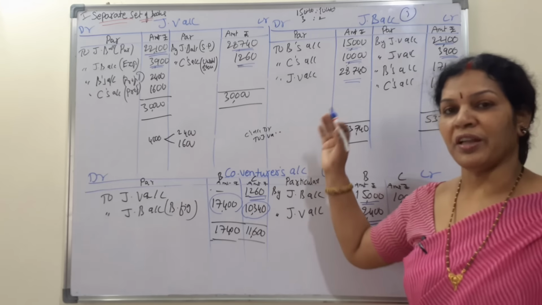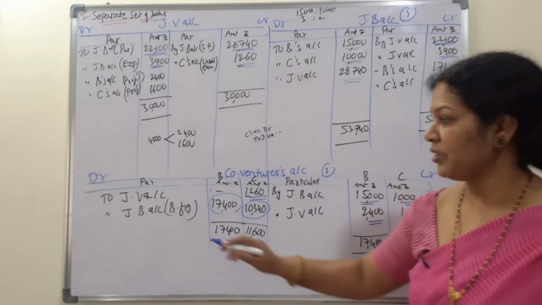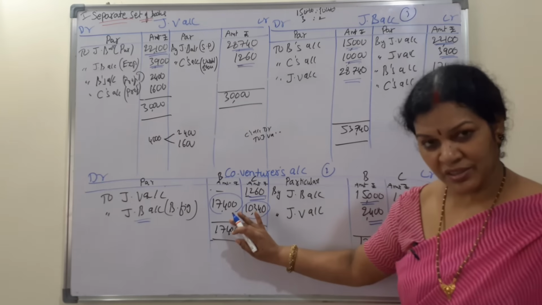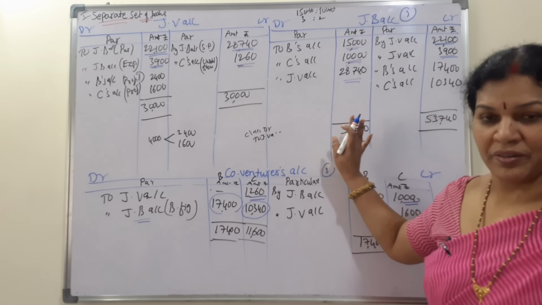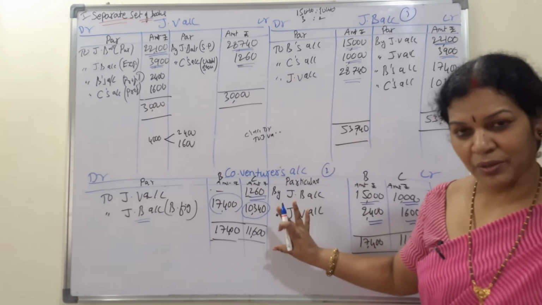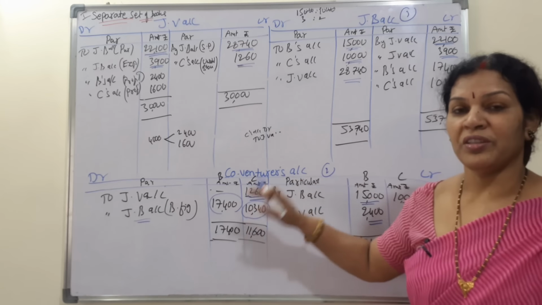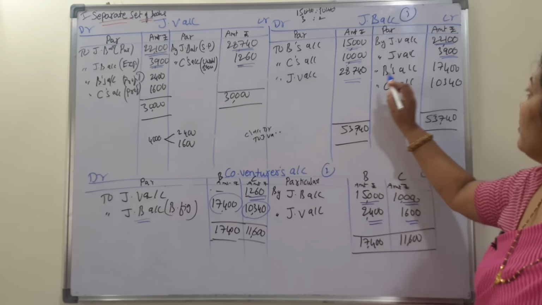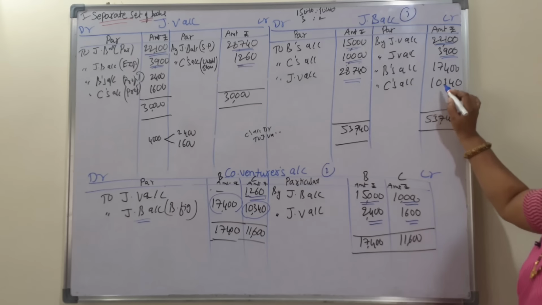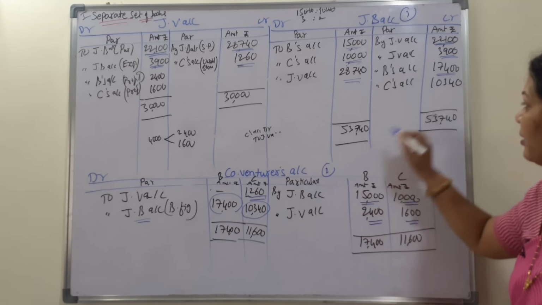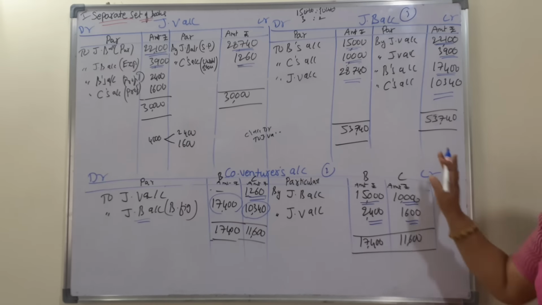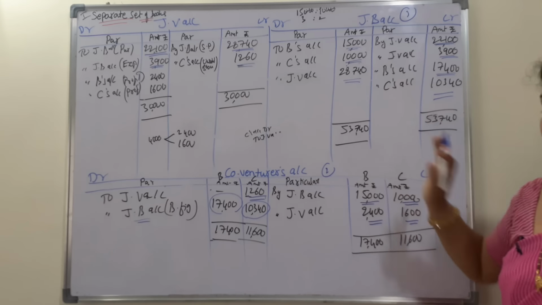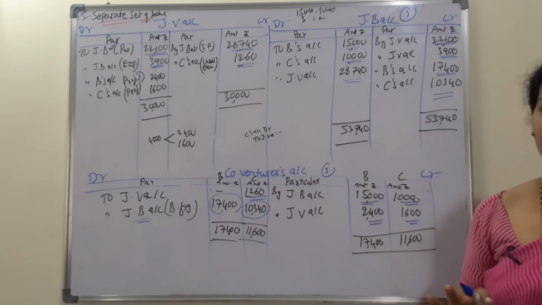So this is to be transferred to the joint bank account. That is why we said joint bank account. To transfer this amount, we kept it open and did not close it. After closing this, whatever we get is to be transferred to the joint bank account. Now you see where it is here. Debit to credit, 17,400 and 10,340. At the end, we have closed it. It's tallying. Tallying means the problem is correct.